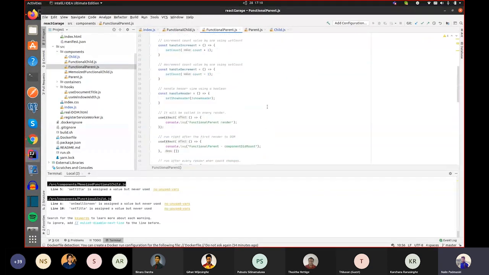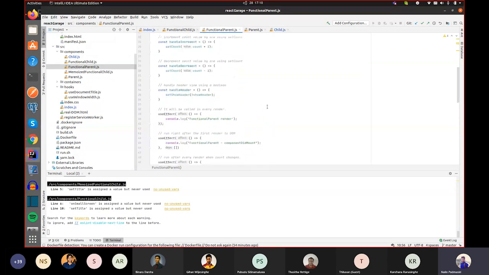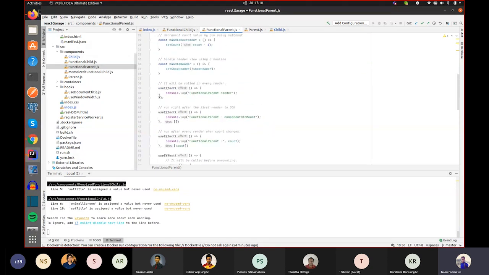Here there's another hook called useEffect, where you can have an array as a second argument, and you can implement your logic here. Sometimes this array could be an empty value also. So using useEffect like this, with an empty array as the second argument, you will be able to achieve the componentDidMount functionality like in the lifecycle methods.